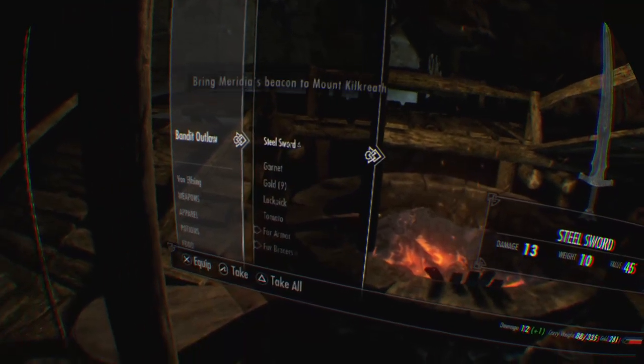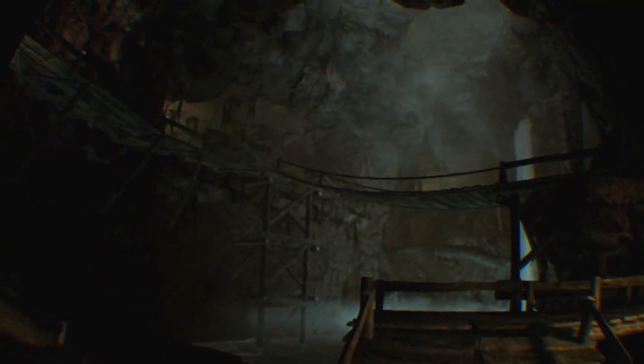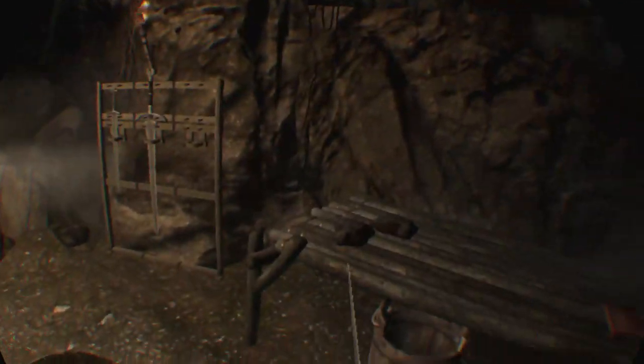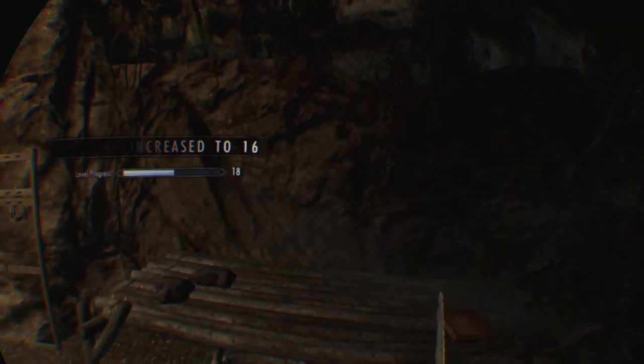Alright, we got a better sword. And they don't notice that I'm down here, which works to my advantage. I'm only up to about level 17, because I just wanted to get high enough level so that Meridia's Beacon would appear in the first bandit hideout that you can actually go in, so I can get access to the quests. Then as soon as I get access to a carriage, I'm gonna go...